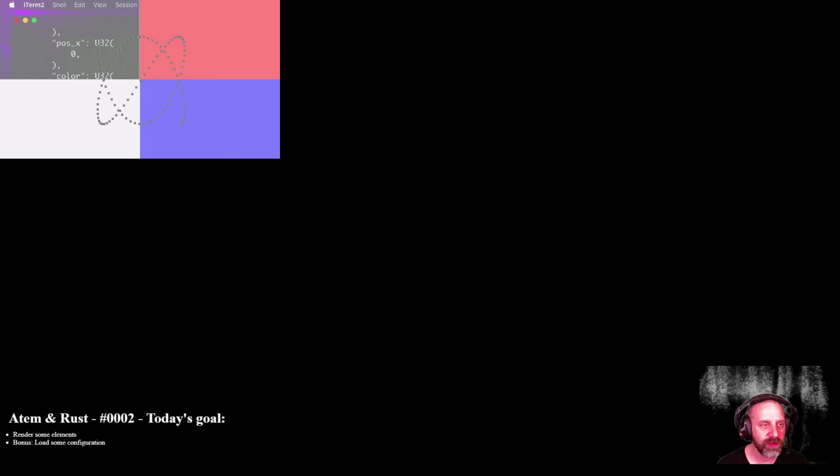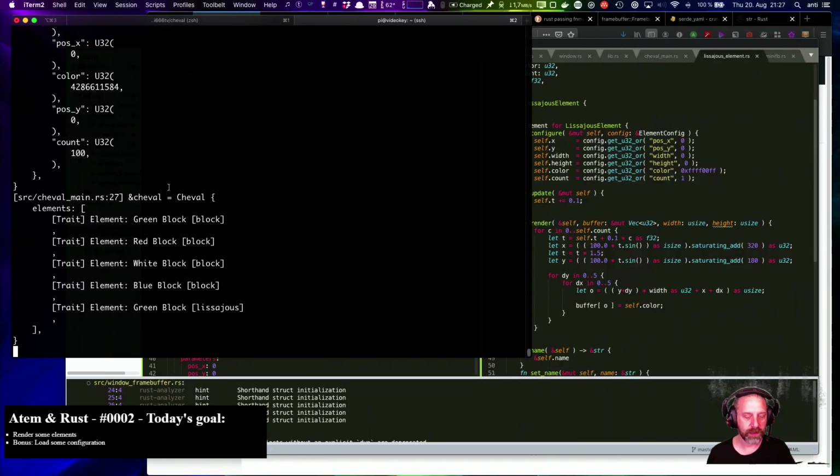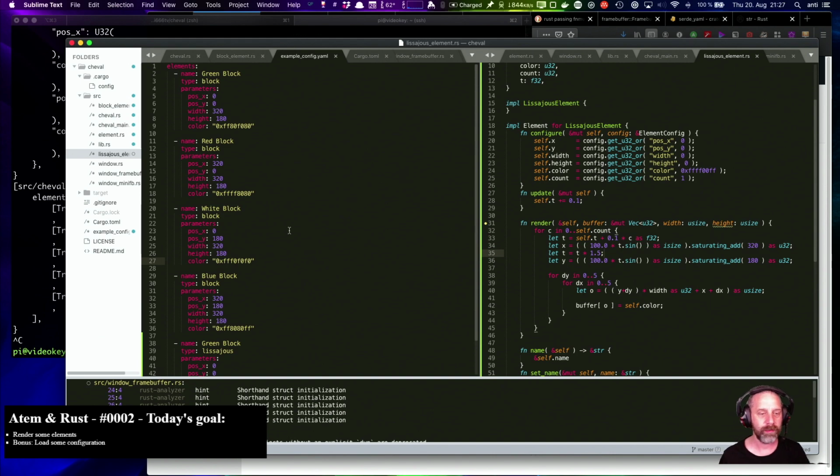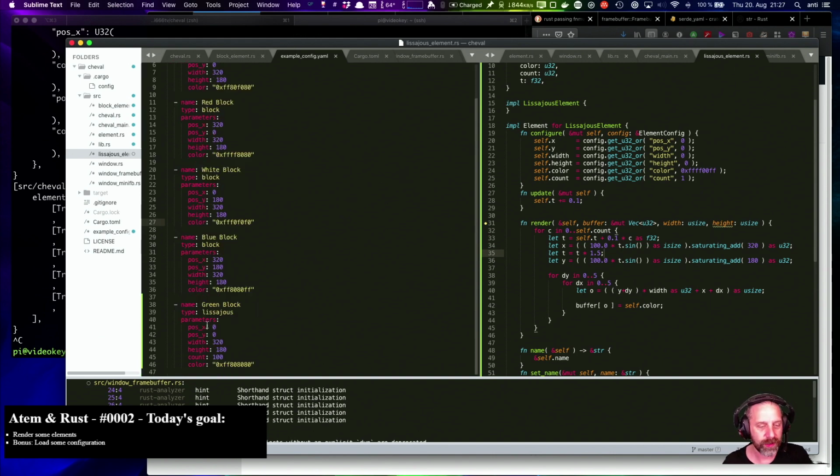I really want this full screen. I mean, I could do this, make this full screen. Can I? No, we're cheating with the config, so none of the parameters here are actually used. The position is not used, the width is not used, the height is not used. I mean, we could just